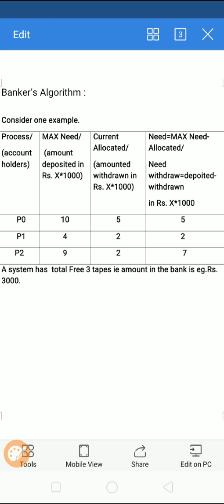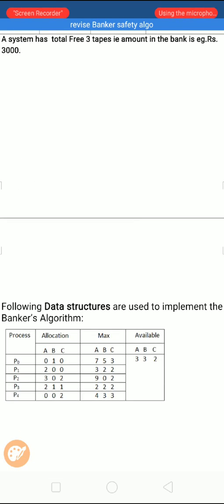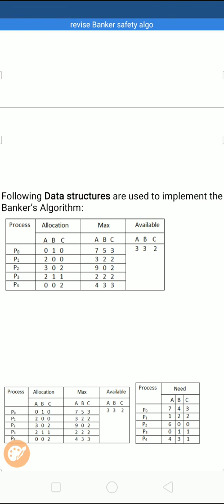What the bank manager will do is check what the actual amount in the bank is. If, for example, the actual amount in the bank is 3,000, how is the process P0 allowed to withdraw 5,000? That is not possible. So that is the same scenario in Banker's algorithm, in which we are going to have the data structure as